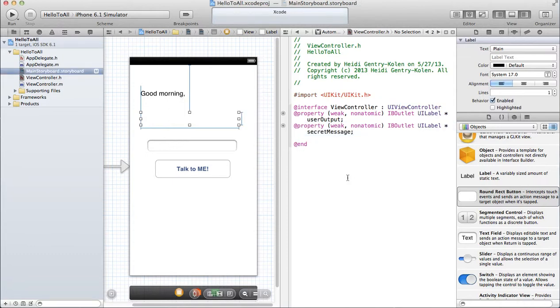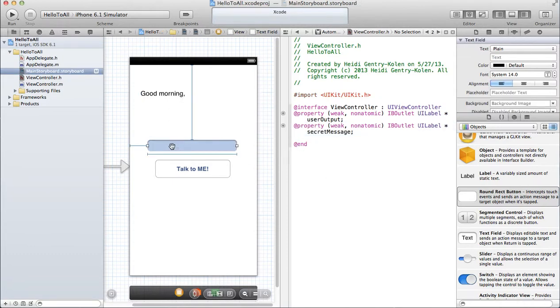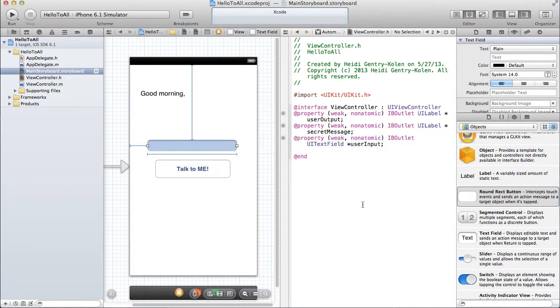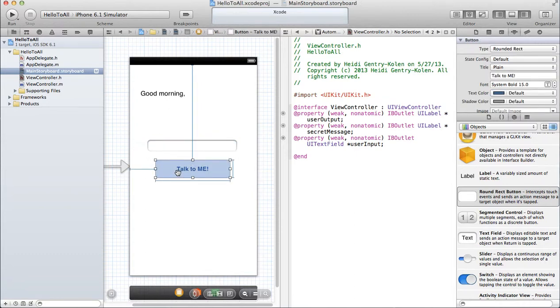Connect. And now for the user input, I'm going to do the same thing. I'm going to hold down the control key. I'm going to drag over, and I'm going to name this one userInput with a lowercase u. Connect. All right. Last but not least, I need to connect up this button, and this is going to be